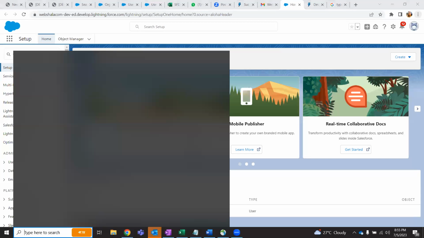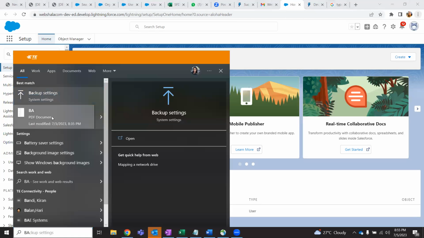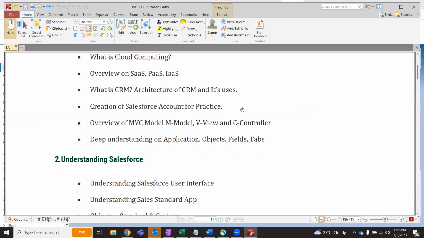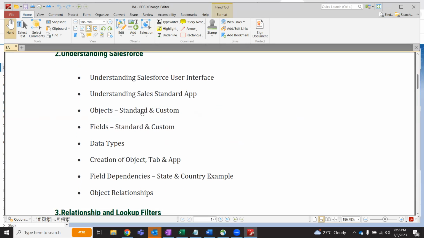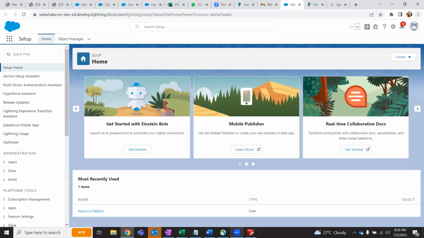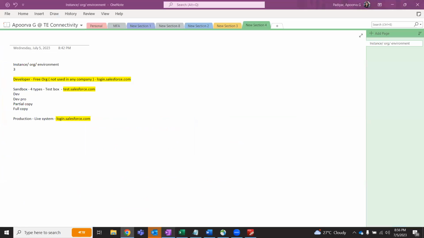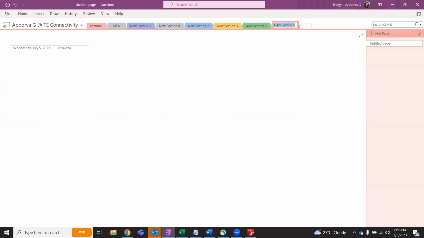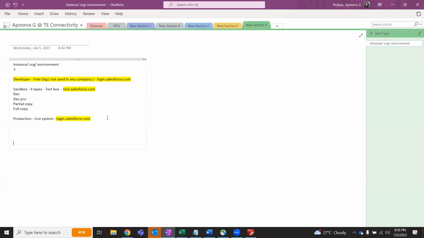Okay. Now, what I'm going to do is open the document. So today we're going to cover certain topics. Today, I'm going to go slow the first three classes, and then we can definitely speed up from there on, because I'm not sure how many others would be joining us to the sessions. So yeah, we'll go a bit slow, and please ask as many questions as you can, because the way we're going to learn